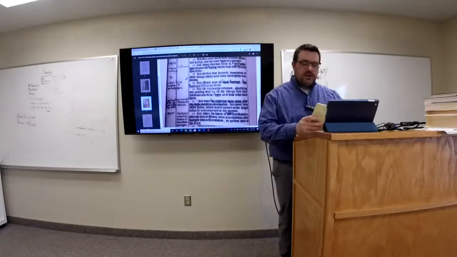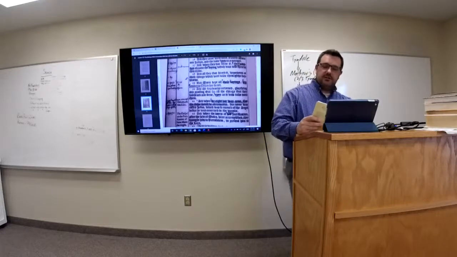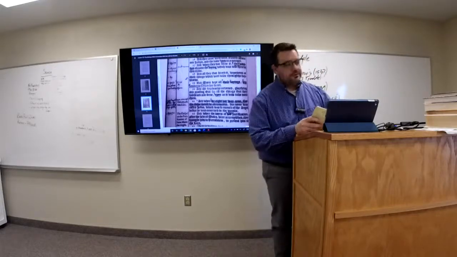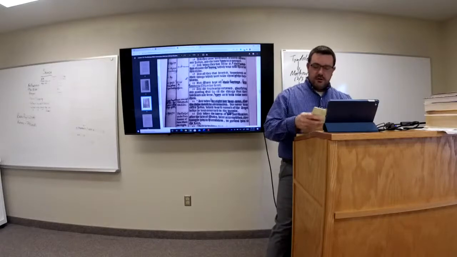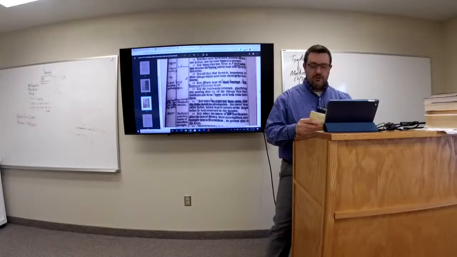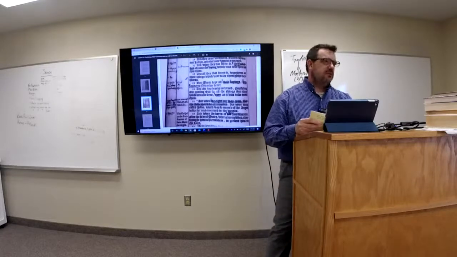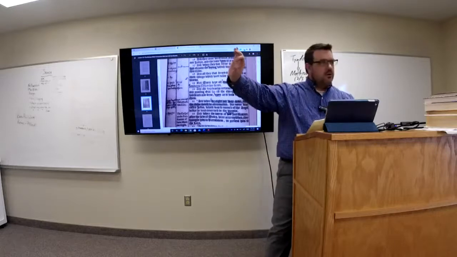A collation of the New Testament of the Authorized Version of 1611 with the Bishop's Bible of 1602 yields the following results. Of the 7,957 verses in the New Testament, the Authorized Version reads exactly with the Bishop's Bible in 2,102 of them. 26.4% of the text is absolutely what?